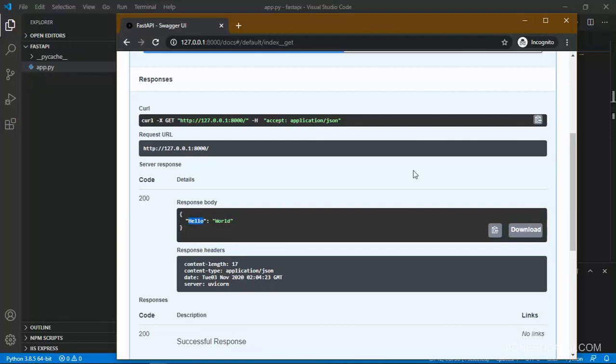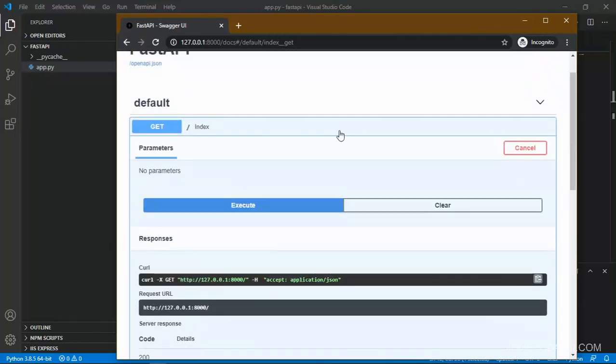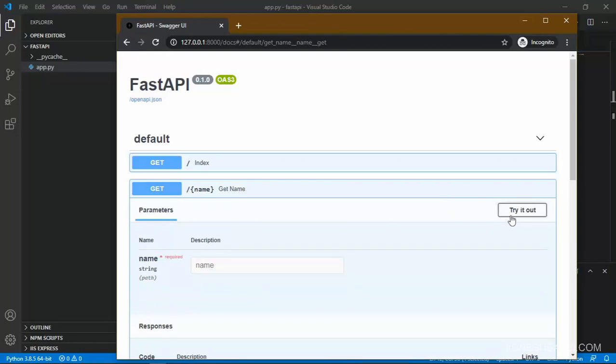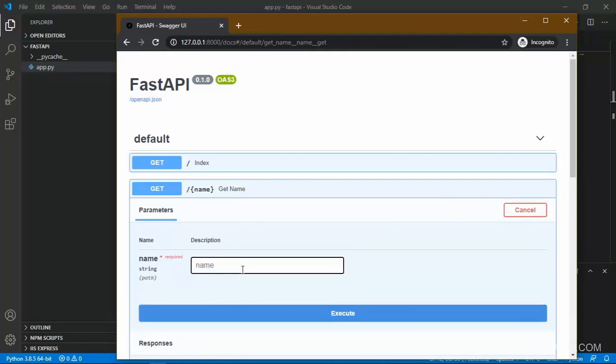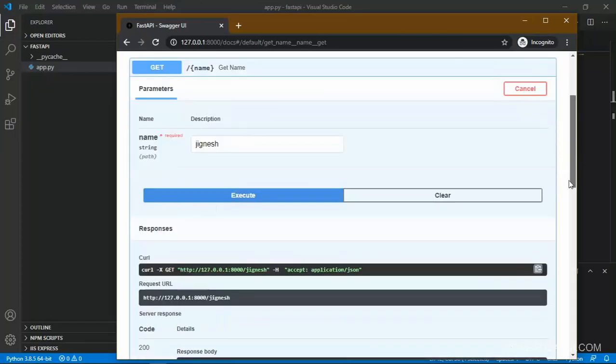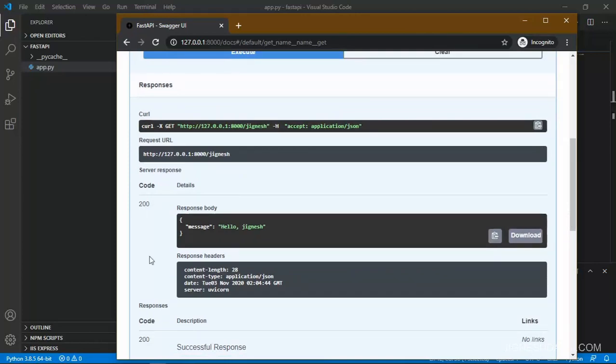So you can check, if I execute the default API, it displays hello world, and in the next API I need to pass the name over here, and let's click on execute. It executes the same as the browser would, and it displays the message hello Jignesh.